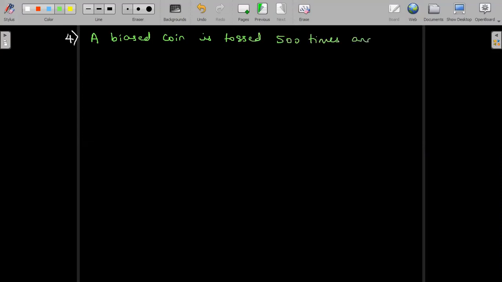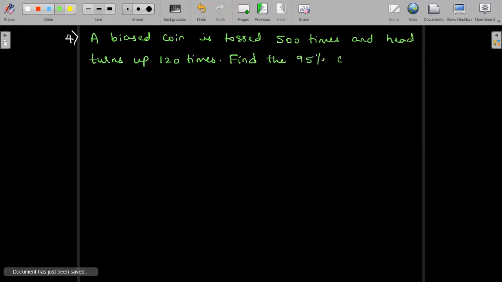So we'll see the fourth problem now. A biased coin is tossed 500 times and head turns up 120 times. Find the 95% confidence limits